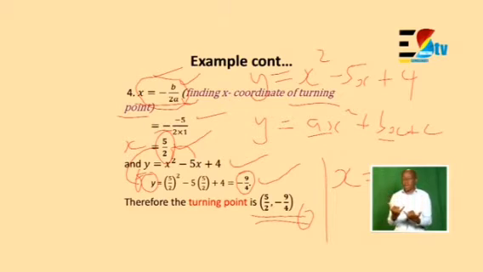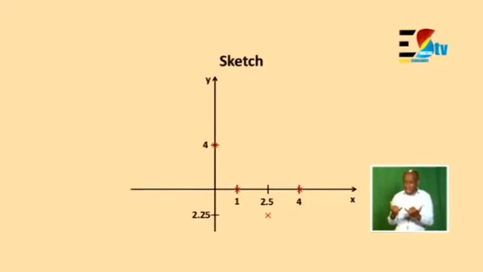So now I hope we are ready to sketch. So we go to our x and y axis, then we show the important points. We said our y-intercept is 4, our x-intercept 1 and 4, then our turning point is this point. 5 over 2 is the same as 2.5. Okay. Then now, when you have plotted those points, no need to show other values. We only show those important values. Okay. Then we join those